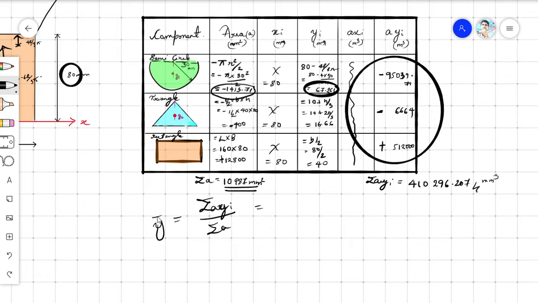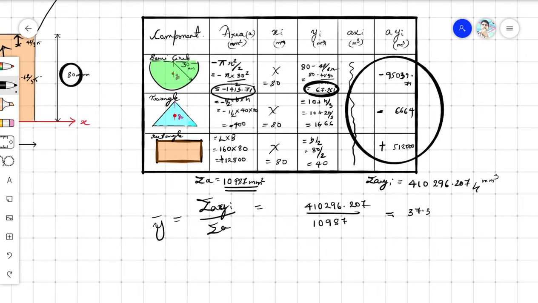So applying this in the formula, 410296.207 divided by 10987 gives you a value of something